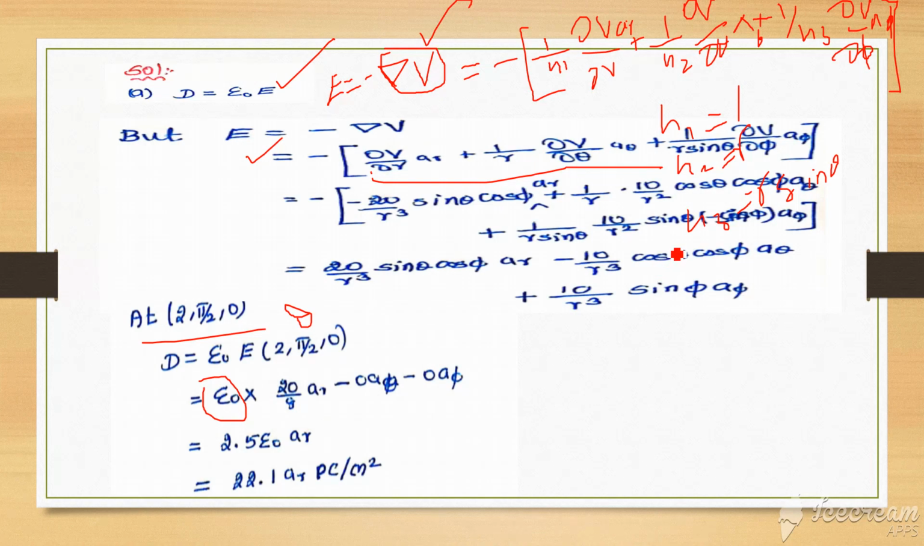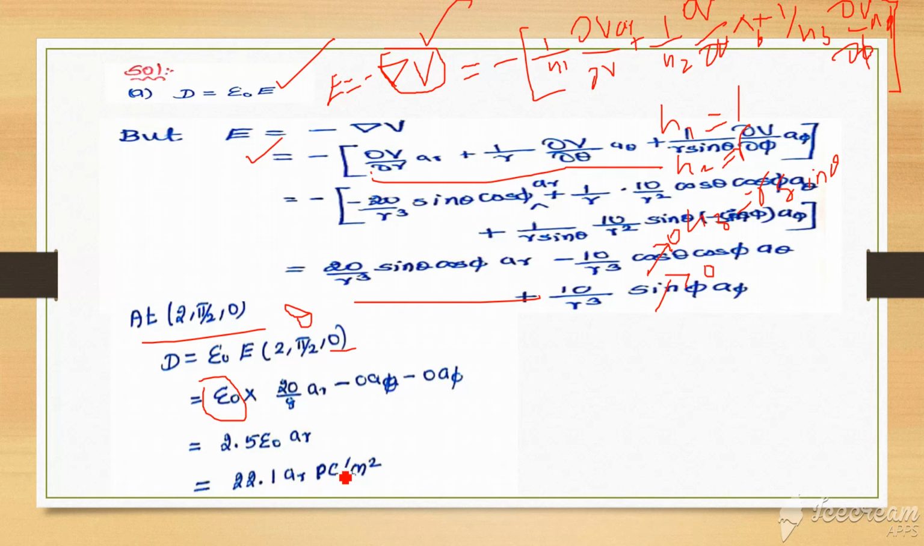While substituting theta equal to pi by 2, this value becomes 0. Then while substituting phi equal to 0, this value becomes 0. Only the first term is left. In the first term we substitute the values, then we get 20 divided by 8 into AR. While solving this, we get 2.5 into epsilon naught into AR. Again substituting the epsilon naught value, we get the answer as